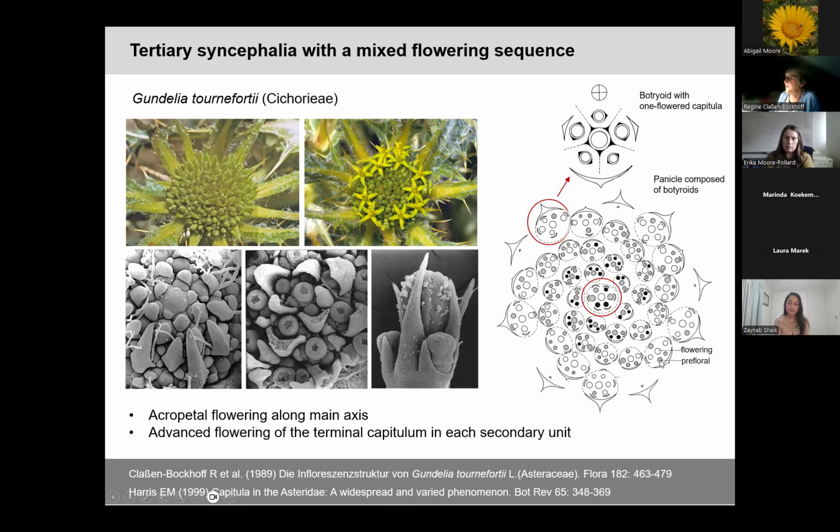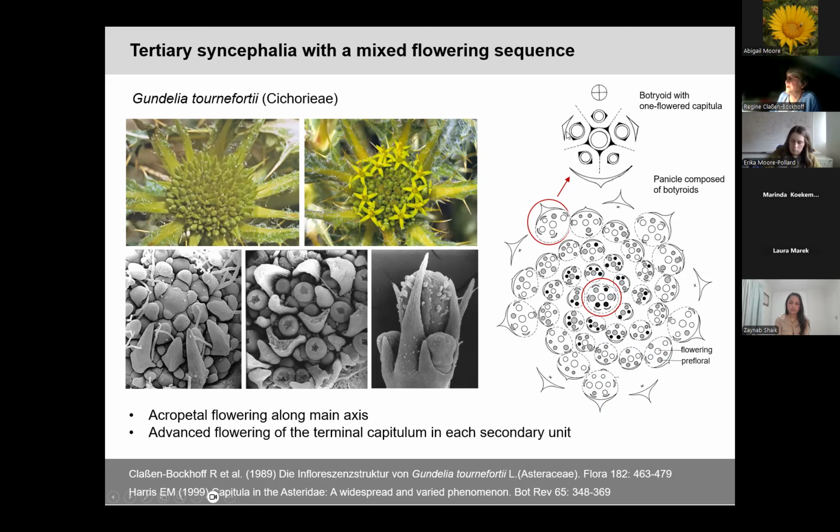The white circles are flowers in a flowering stage, the gray ones in a prefloral stage, and black ones in bud stage. And you can see that the development and flowering sequence is acropetal, except the terminal unit, which again develops in advance. It is larger than the distal units, and it is further developed. So we have the same